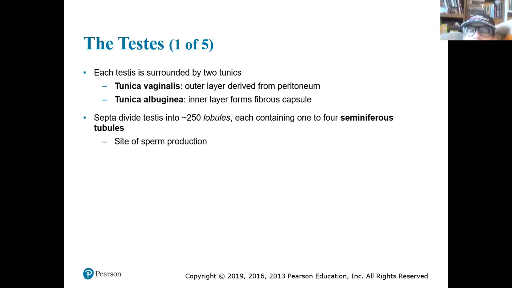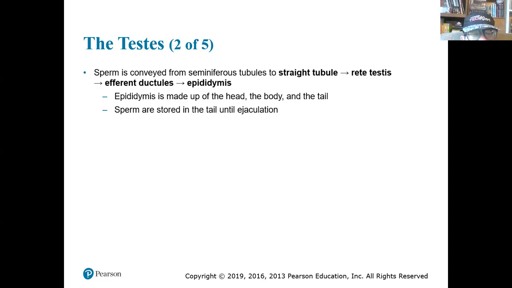And if you're ever looking under a microscope and wondering, what am I looking at? Is this a seminiferous tubule, or is this something else, like maybe one of the collecting ducts in a kidney? How do you tell the difference? Well, in the seminiferous tubules, the heads of the sperm are to the outside and the tails are pointing to the middle. If you see a bunch of those tails in the middle, clearly you're in a site of sperm production. You're clearly in a seminiferous tubule. All right, so